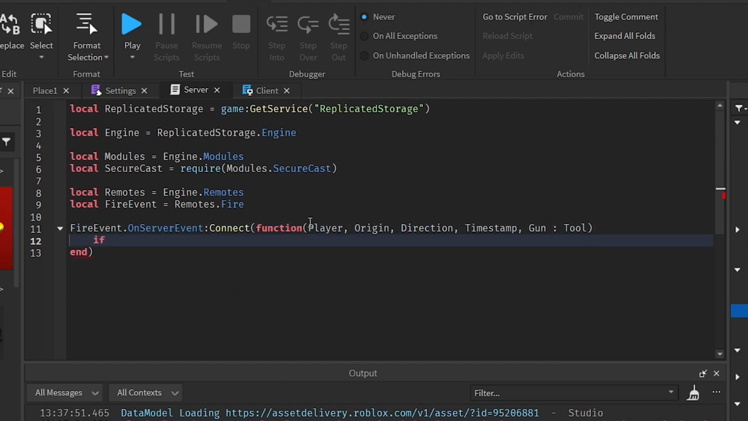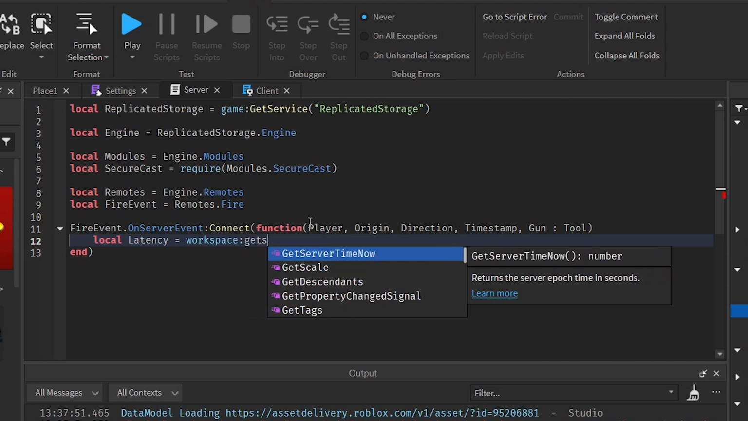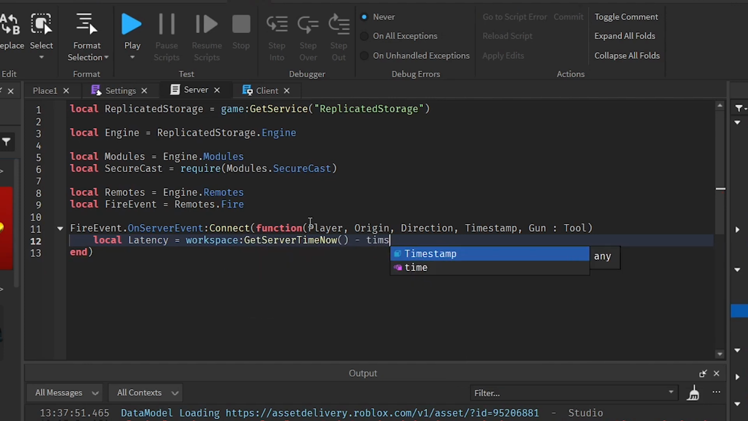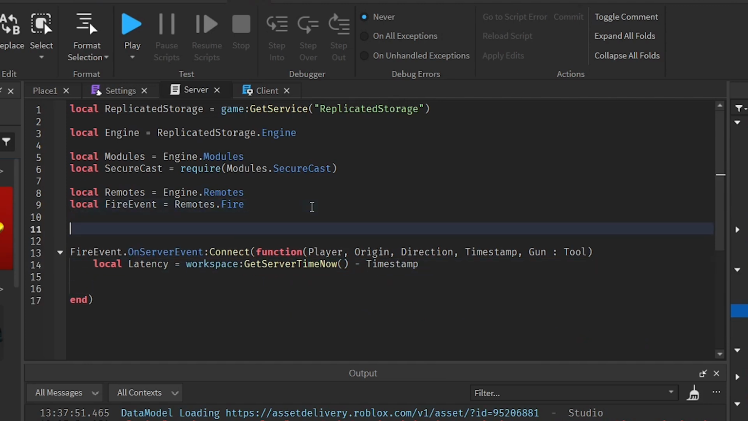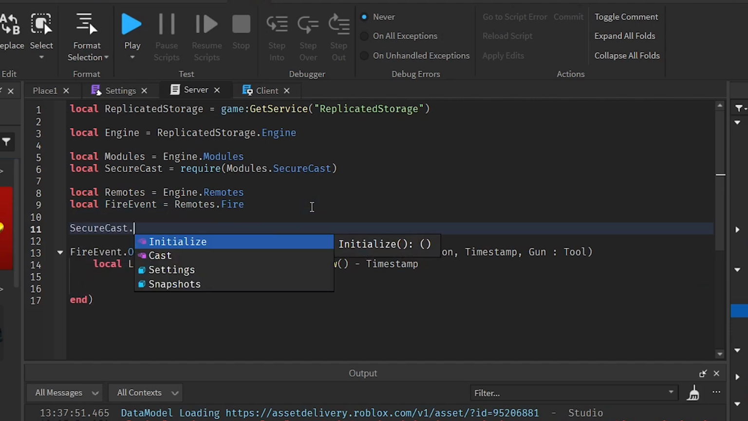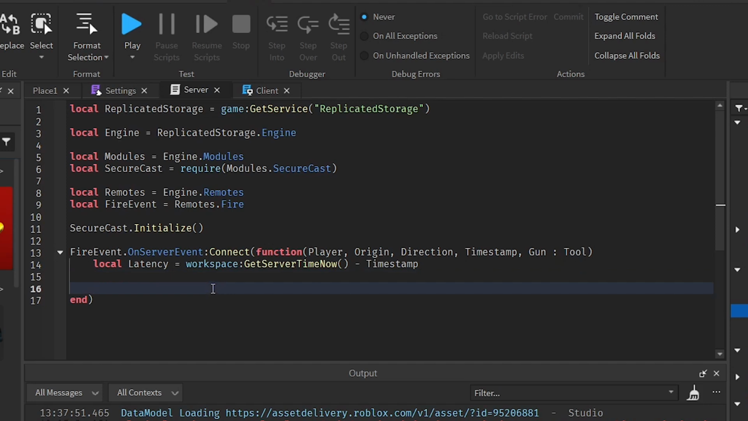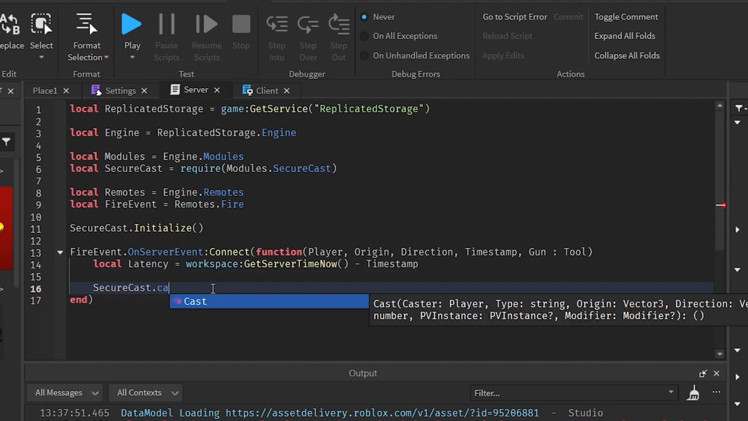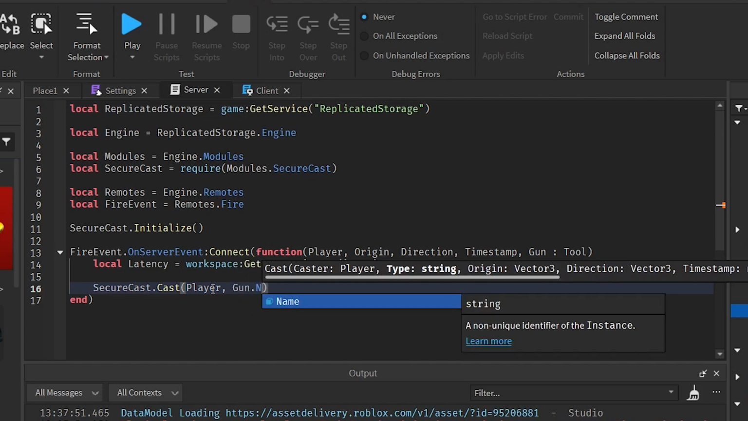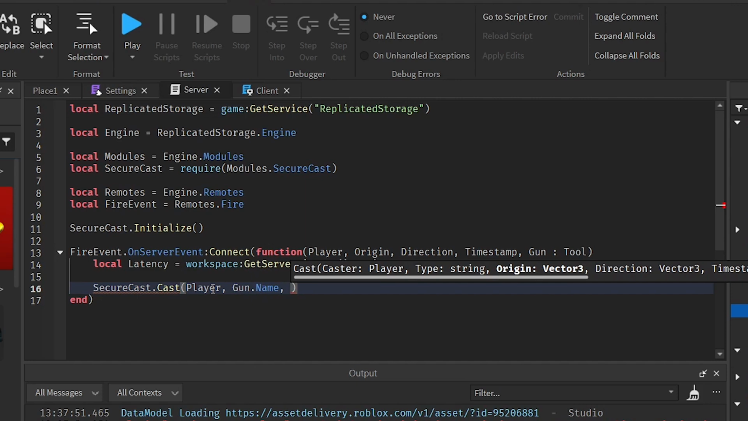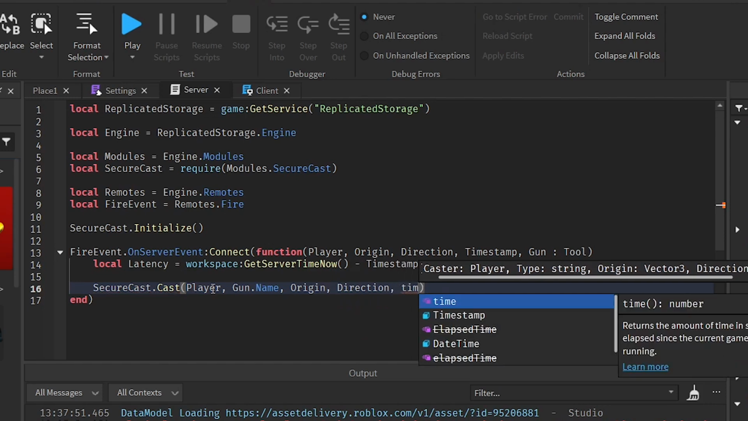So we will just make a variable called latency, which is workspace get server time minus the timestamp. Next, we have to use the SecureCast module, so we'll just initialize the function here, and then we will add a SecureCast function. So we will add the following things. In here we will just name this gun.name, origin, direction, then the timestamp,